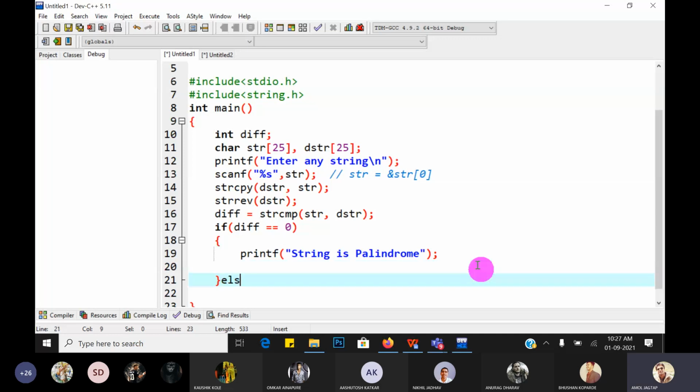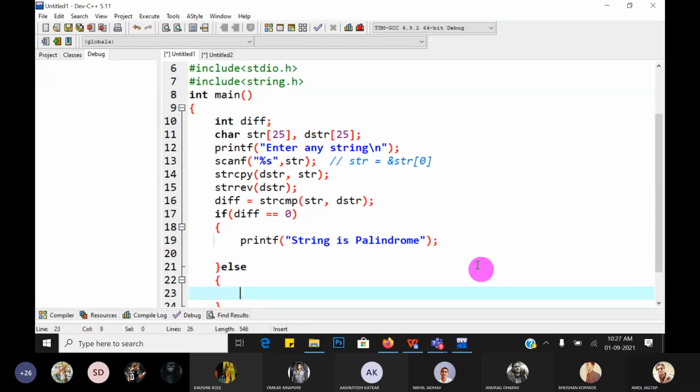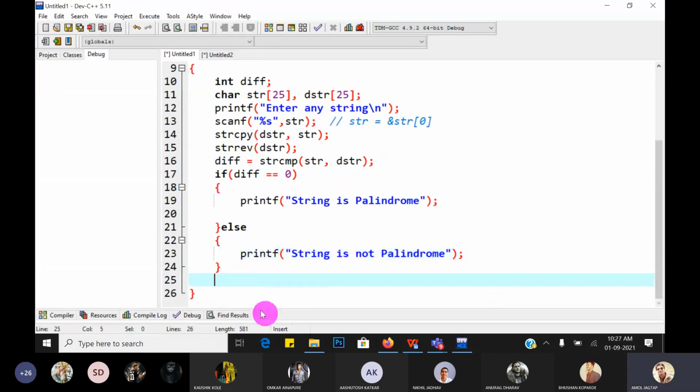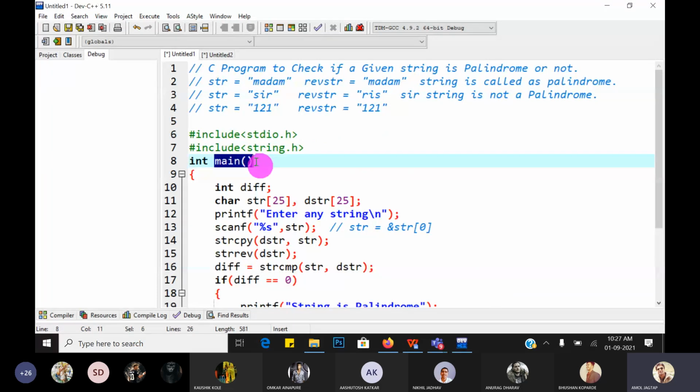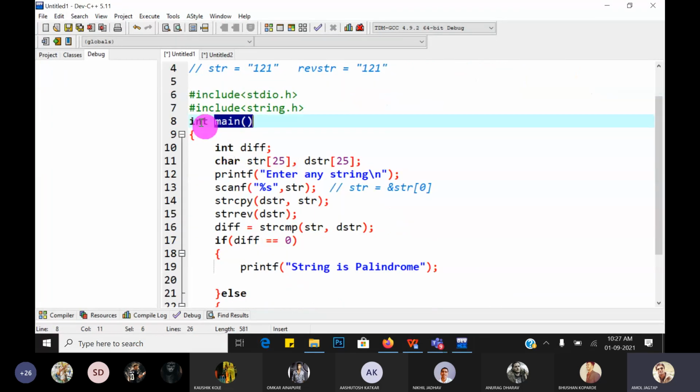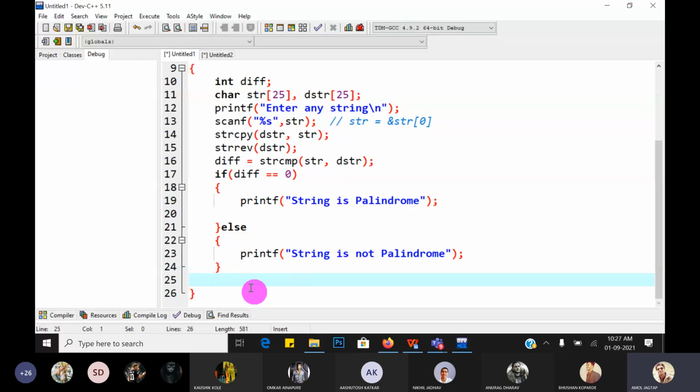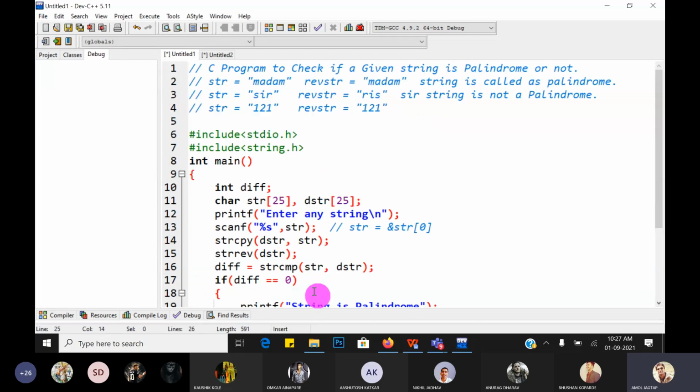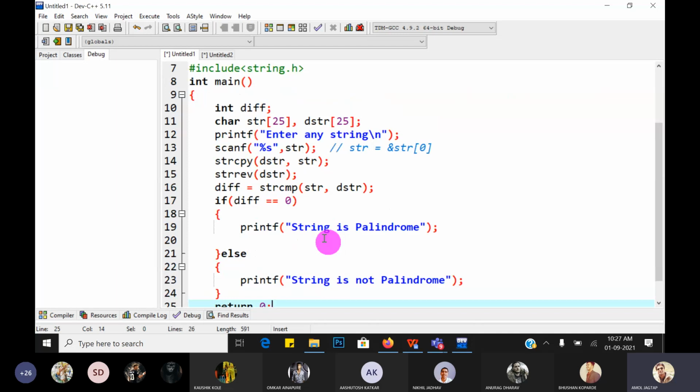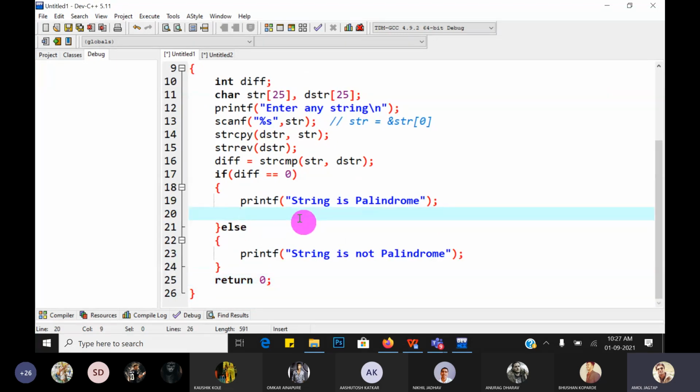Else, otherwise, printf in curly brackets, string is not palindrome. Yes. Last statement, as per the rule, the main function returns an integer value, so write a return statement at the end of the main function, and return 0, that is successful termination of your program. Yes, great. So this is as per our requirement.